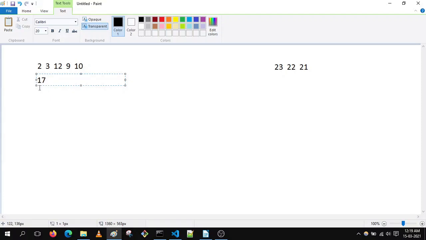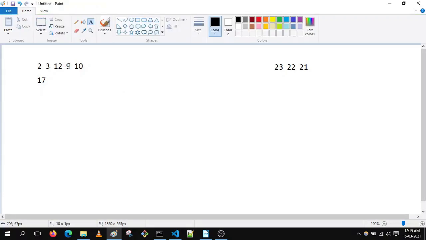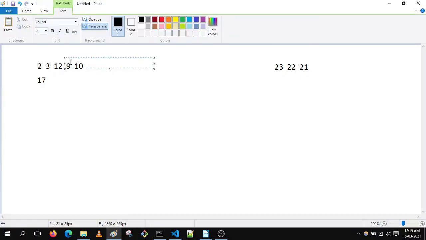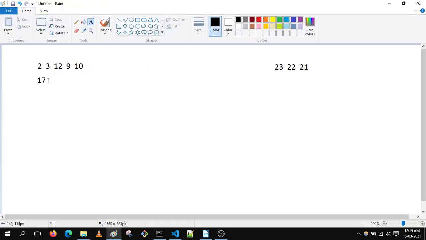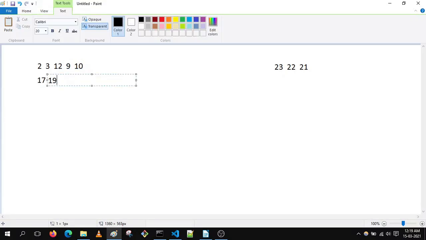After that we increment the index of this array, so whatever new sum comes we store at the next index. After 12 we have 9, and after 9 we have 10. This is also another incremental series. So 9 plus 10 is 19, so we store 19 here in the second array.